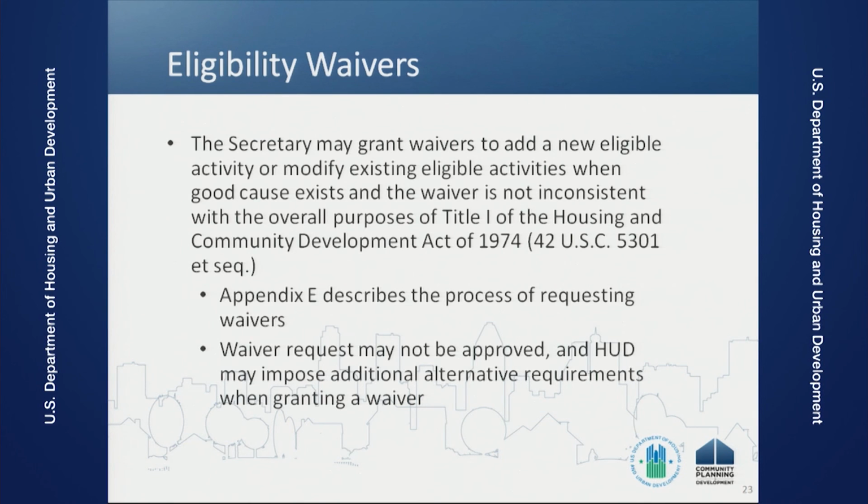Waiver requests necessary to carry out an activity described in an application must be submitted with that application, either Phase 1 or Phase 2. And when submitting a Phase 1 application, applicants should submit requests for any waivers anticipated to be necessary at the time of their submission for any activities that they reference in their Phase 1 application.